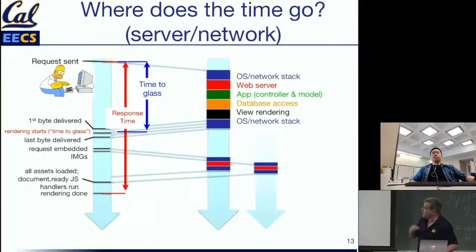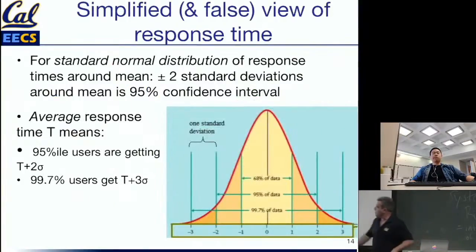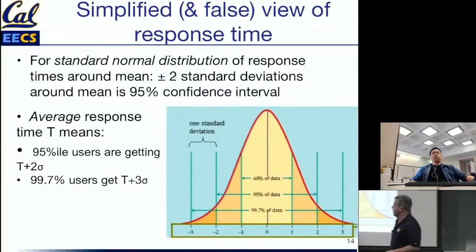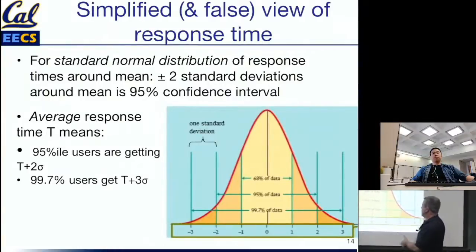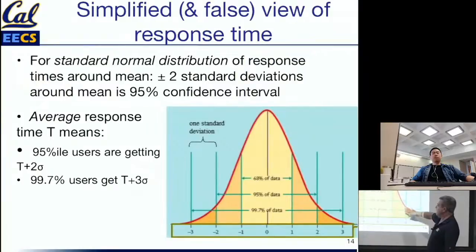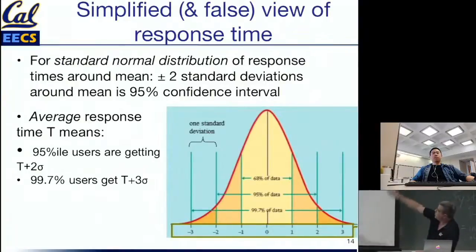So, like I said earlier, this is what most people sort of think response time looks like. It's a nice bell curve. So people who are 2 standard deviations out are getting response times at the 95th percentile, which is around 2 standard deviations out. So those are the users that are still getting served somewhere within 2 standard deviations of your target time,